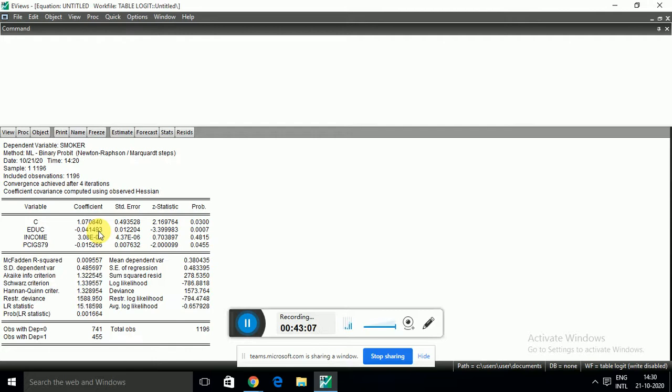How you compute the probability is more important, and it comes from the odd ratio. Basically, for that I again have to share this. So please write this number in your notes, because once I leave this, I will go to another thing. So the constant is 1.07. Education is